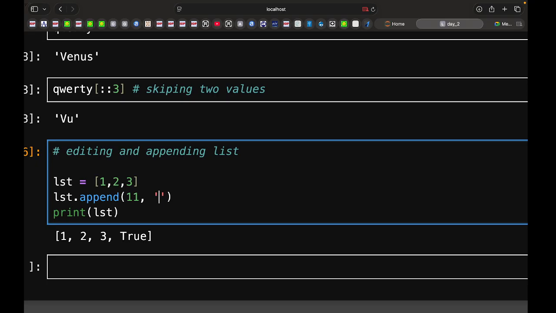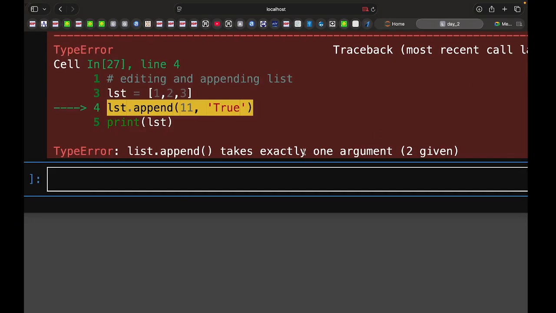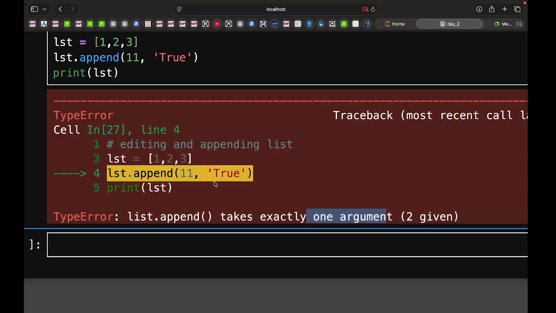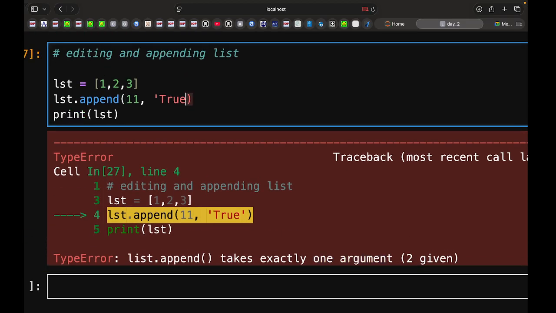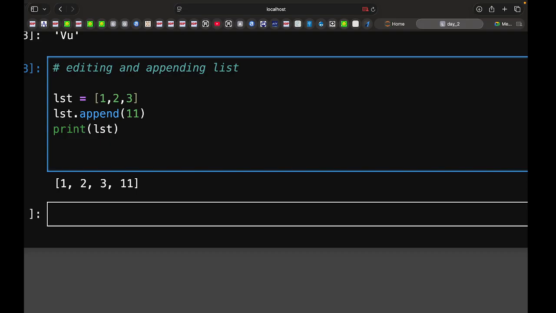Maybe we can try this out. I have never tried this. So exactly one argument. At a time for append, you have to give exactly one argument in the bracket. So you can't do it like this. But for multiple elements there is something called extend. So we will be doing